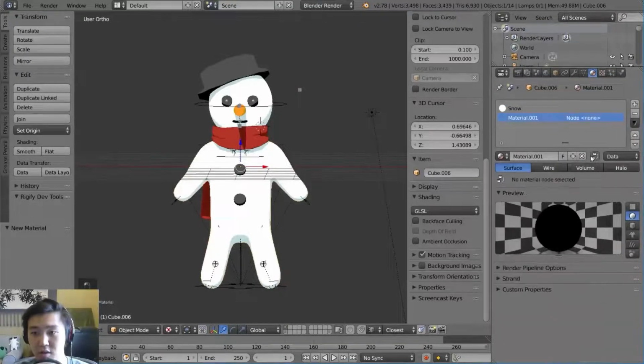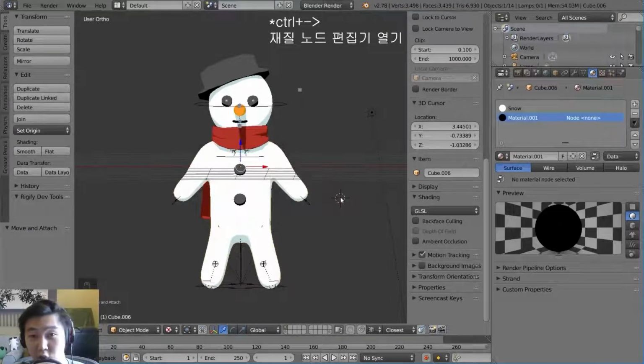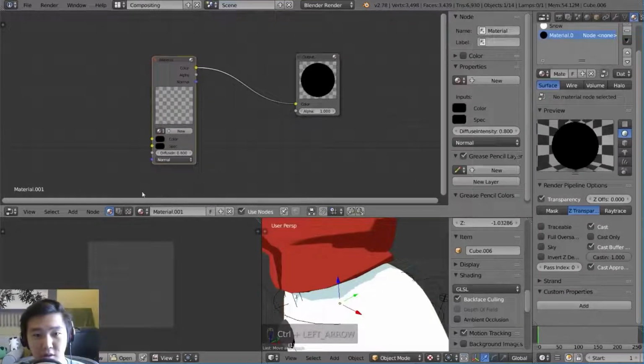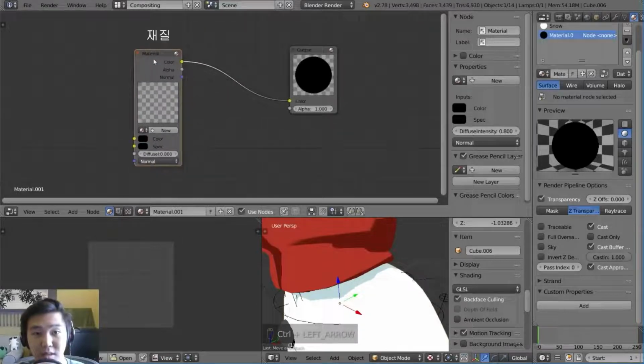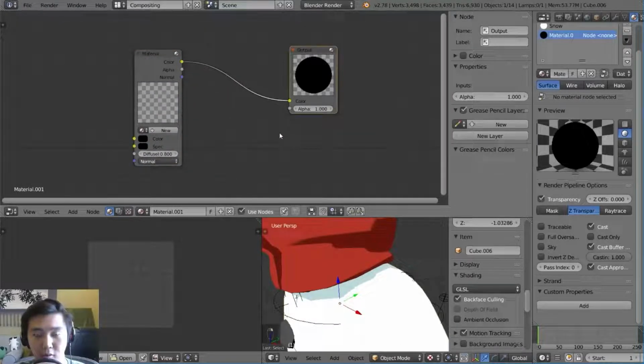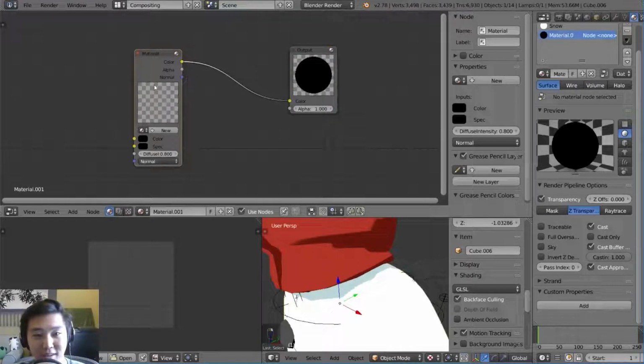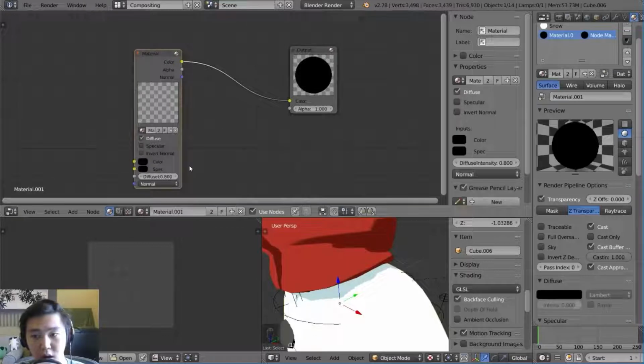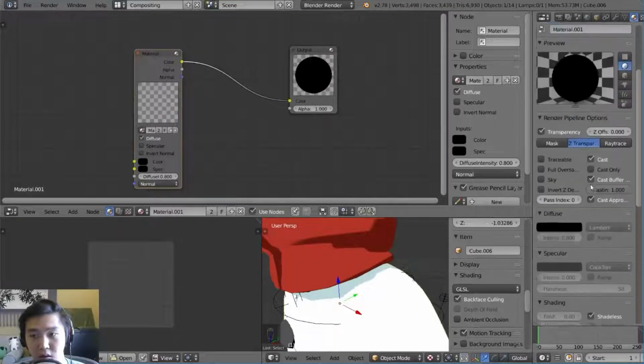And then we're going to turn on the nodes option. Now I'm going to press Control left arrow key, and that'll bring us to the material node editor. So here you have the node editor, and if it's not showing the materials, click this pink globe here under the node editor settings, and it might be on this one. Just open this one, and you'll be able to see this material tab and this output tab, or node, I should say. That being said, let's go under the material node and select the material we just created, which is Material.001. That's the one.